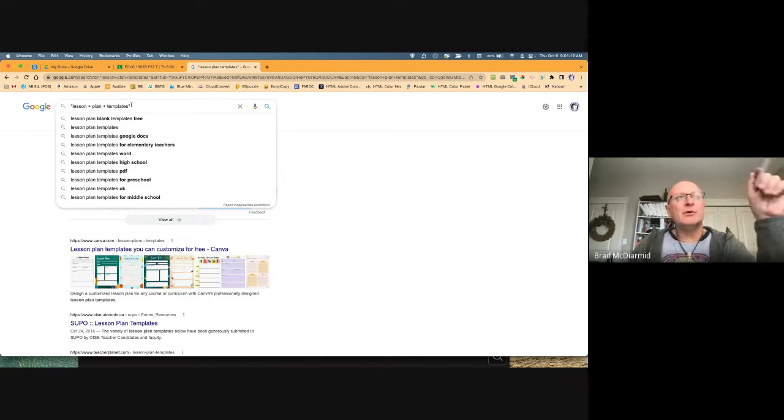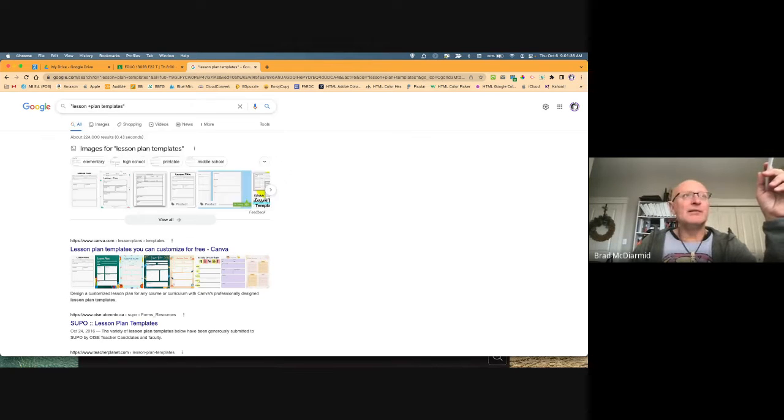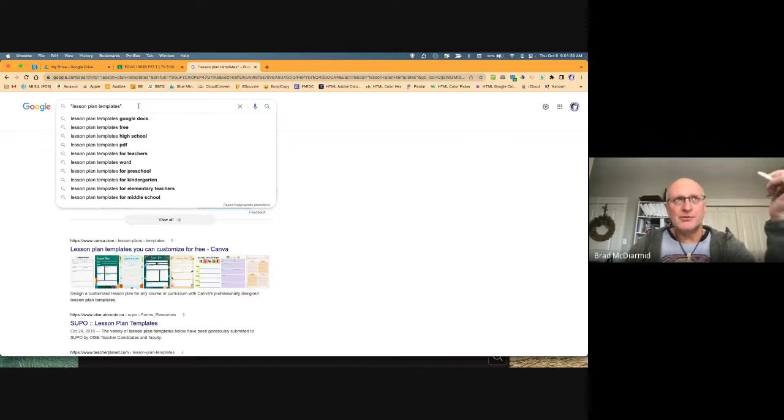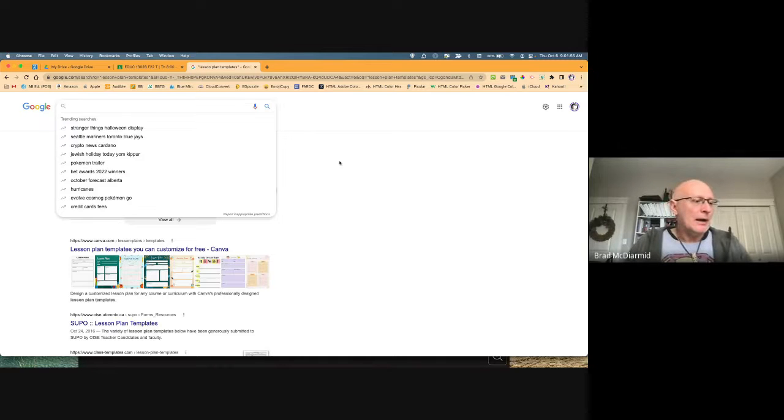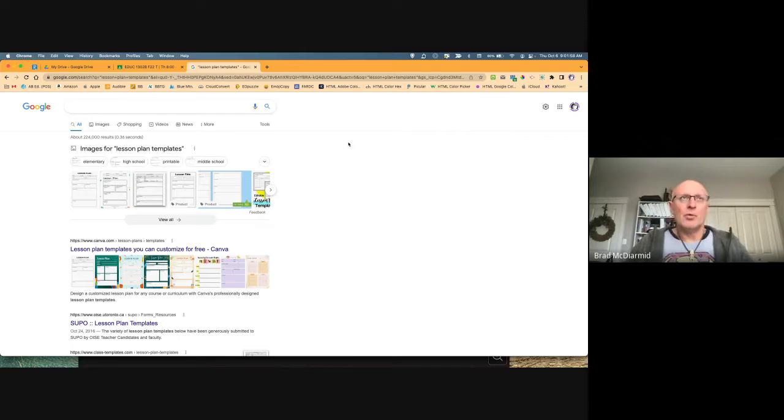If you don't have the quotation marks around it, you could get hits on the word lesson, on the word plan, and on the word templates. So again, this is this Boolean thing that I'm talking about. Our web browsers have become very clever and they do that for us now. But there's two little tips and tricks. One is add the minus sign, and the other, if you want to keep that term only, is to add the quotation marks around it, so you don't get all the different things that go with that. Okay, so when we talk about filtering media, that's an important one, right?